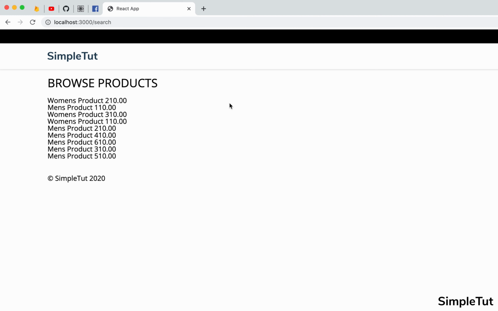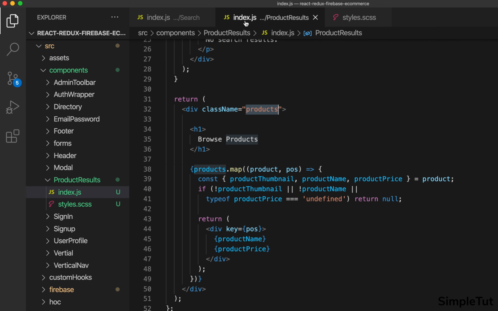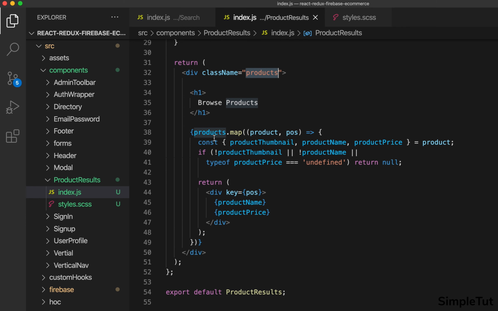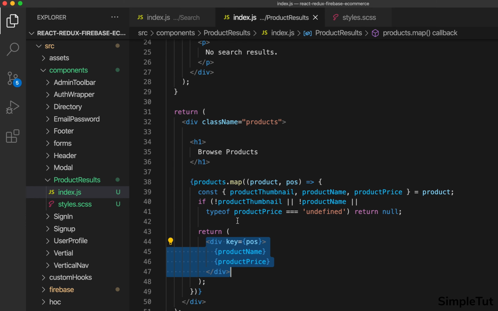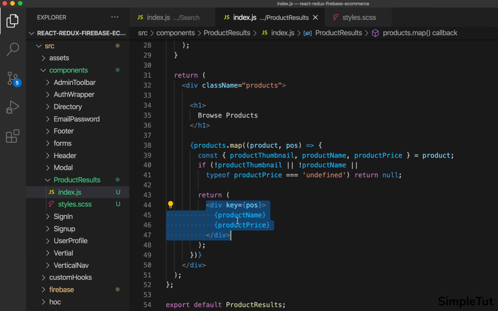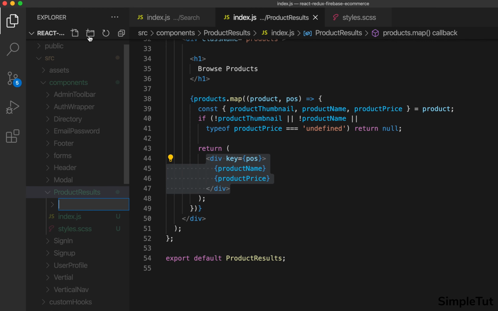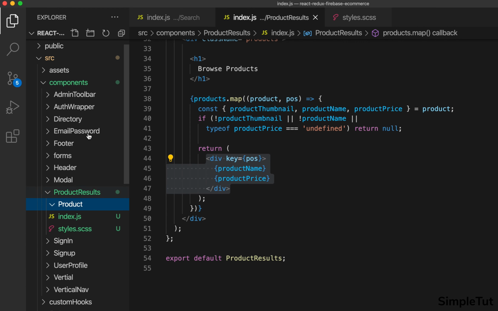So the next thing that we want to do is a little refactor on our products component. At the moment, what we're doing is we're mapping our products, and then we're rendering them all in this component. And I think that this component is getting a little bit too big, a little bit too complicated. So within my product results folder, I'm going to create another folder just called product. And inside of this, we need another